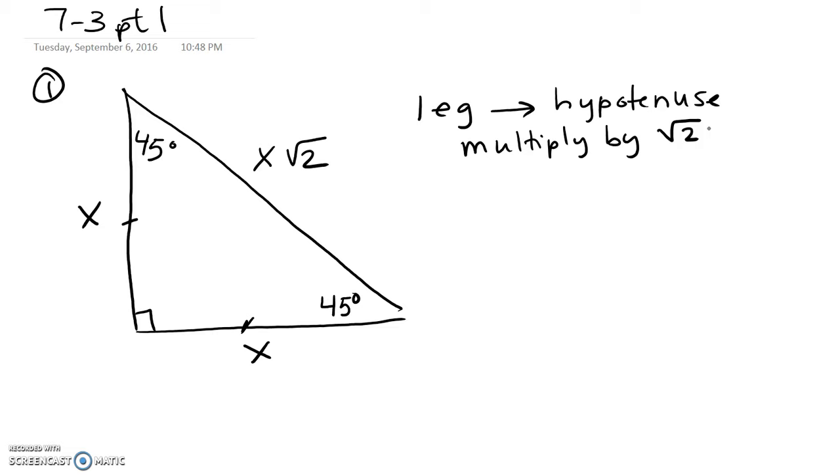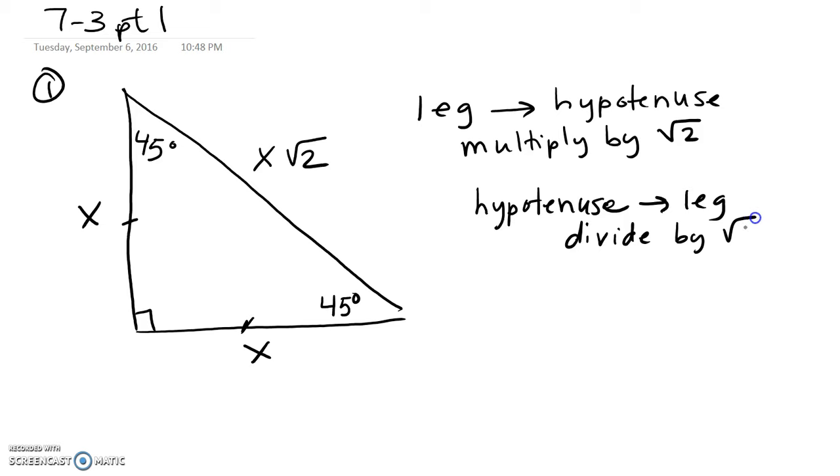Okay, so going from a leg to hypotenuse, make sure you multiply by root 2. If instead you're going backwards, this is very intuitive in some ways. If you have the hypotenuse and you're going back to the leg, you just divide whatever the number is by root 2. Your calculator will just let you multiply by root 2 or divide by root 2 and just give you an answer. You're just figuring out what the shortcuts are. So that's the